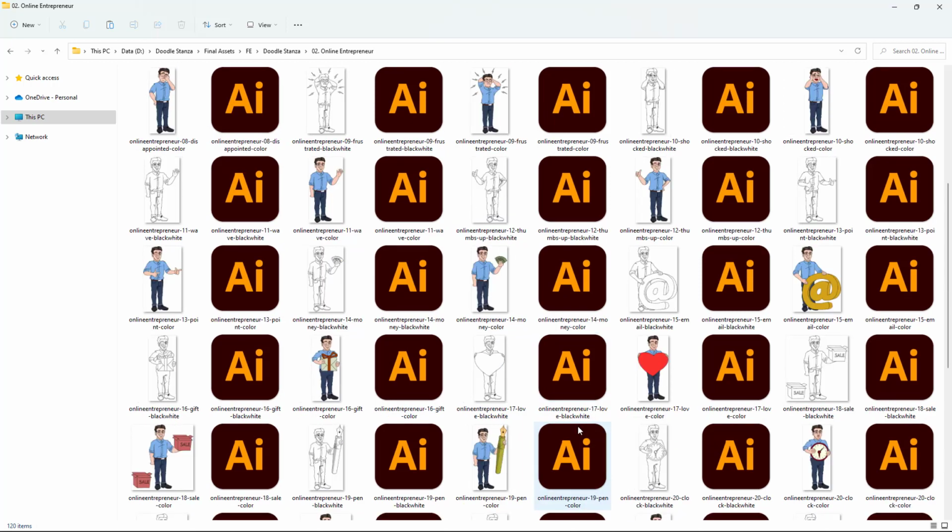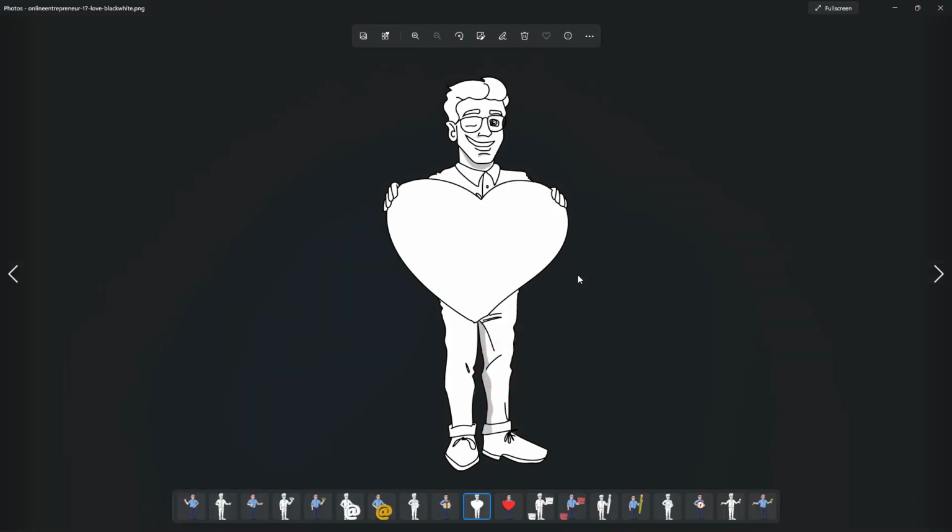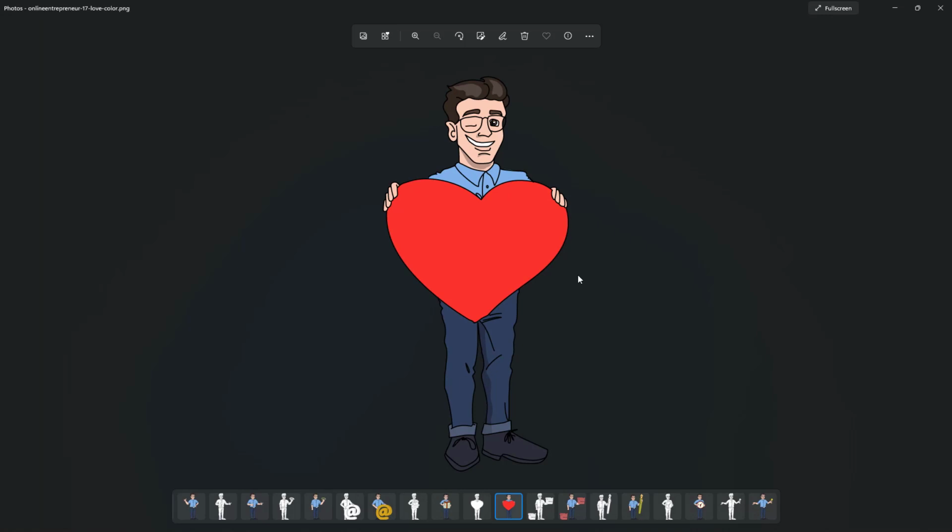Okay, so under each doodle item, you will notice that we have provided you the black and white version and also the color version. Okay, so this is the PNG image format. A PNG image format is basically the format that you like to use where you want to use the item as is. Meaning to say, if you're happy with the color, you're happy with the size, you can use it